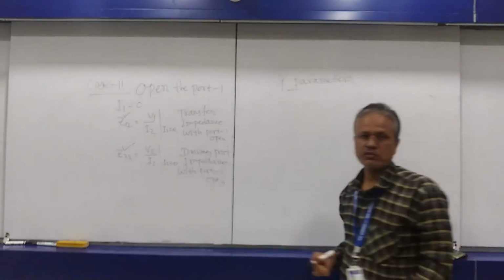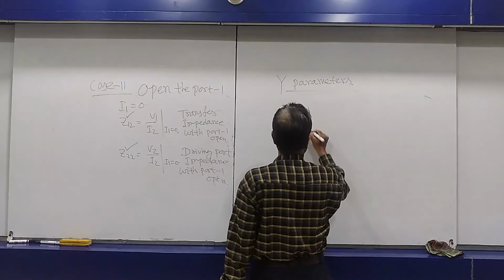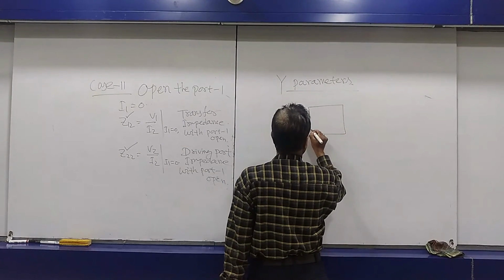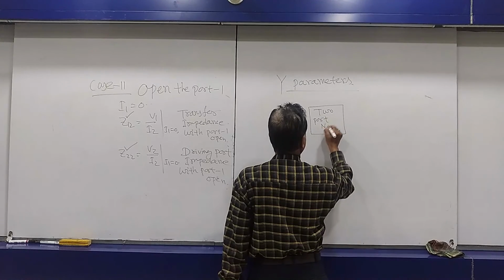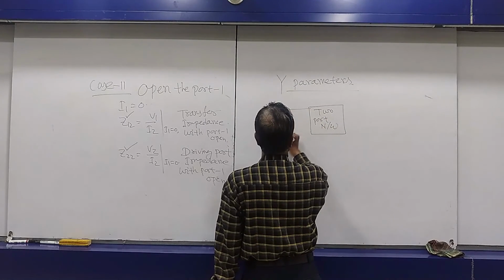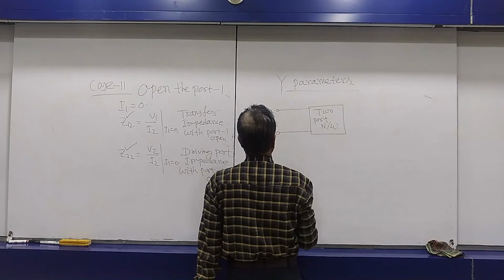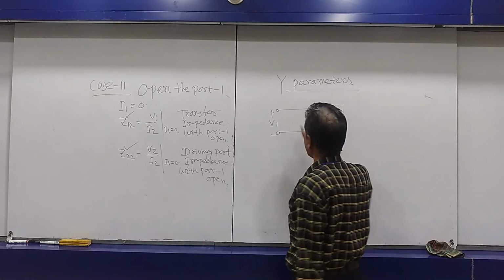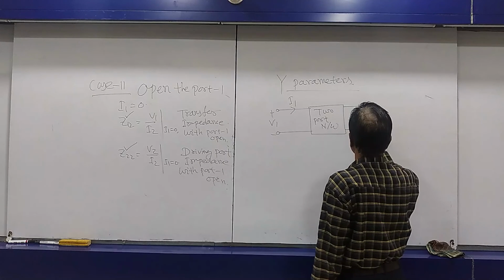I have already told that these are also called admittance parameters. So once again I am writing the same two-port network. It has two ports: input port, which has voltage V1 and current I1. Similarly, output port, which is